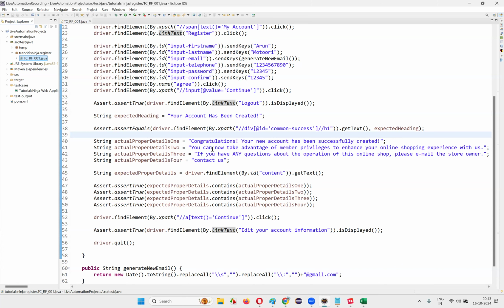Yes, BDD Cucumber frameworks, everything will be covered. Don't worry. BDD Cucumber framework, TestNG, page object model, page factory, extent reports, and everything will be covered for you guys. This is something where we want to mimic real-time projects. Whatever we want to do here is to mimic real-time projects. Yes, we can run through the commands, Jenkins, GitHub.